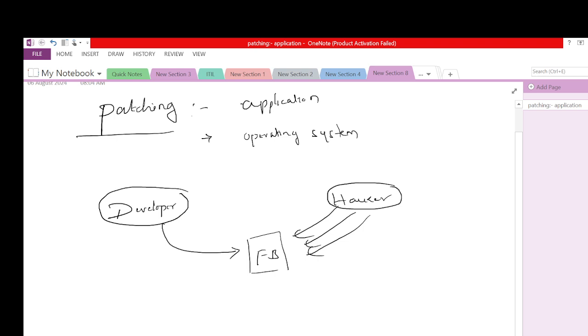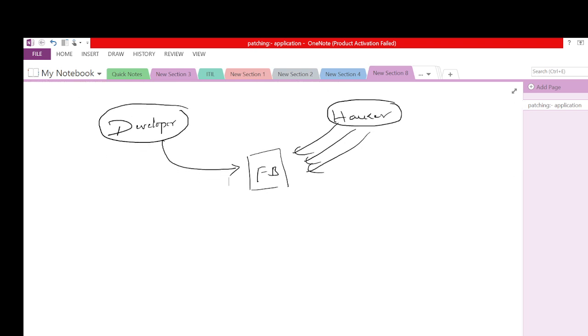They will also start digging, and they will identify four or five points, some loopholes. So immediately the product owner, Microsoft or maybe Facebook, will release a KB. KB is nothing but knowledge bytes. They will release this one, KB 12345. So this KB 12345 was released by the developer or Microsoft.